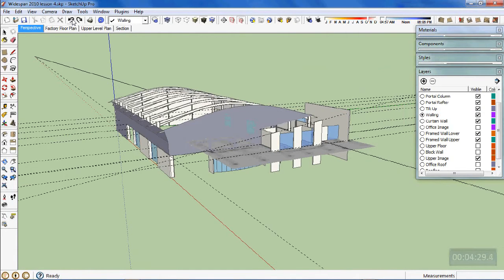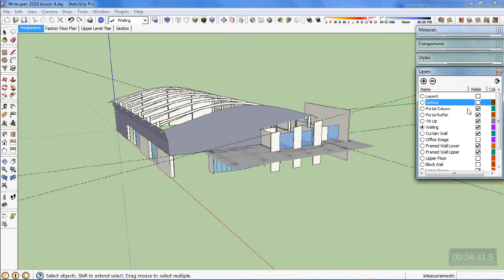If I turn some layers back on here now, we'll get rid of the columns we'll leave on. So I'll turn off the set outs, rafters, tilt up to stone, walling stays on, curtain wall, office image can go off, framed wall lower, framed wall upper. Just to give you an idea of where we're heading now,